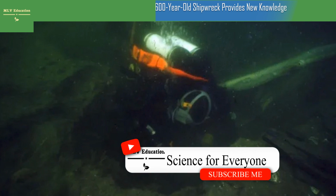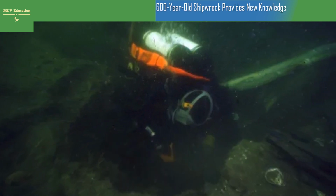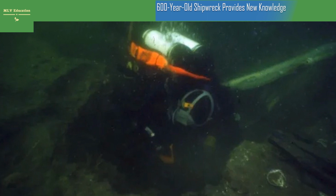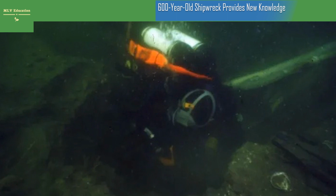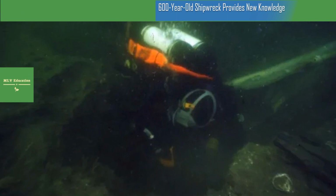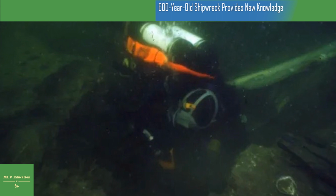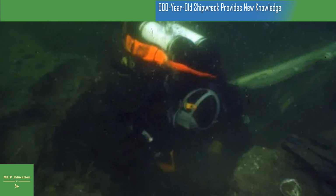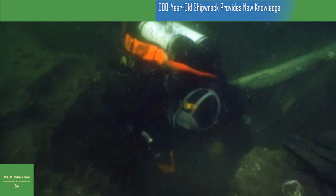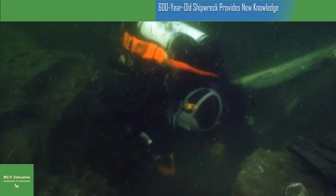Modern cargo analysis tools are now revealing completely new answers on how trade was handled throughout the Middle Ages. The analyses we have carried out give us a very detailed picture of the ship's last journey and also tell us about the geographical origins of its cargo. Much of this is completely new knowledge for us, says Staffan von Arbin, a maritime archaeologist. It was previously unknown, for example, that calcium oxide, often known as quicklime or burnt lime, was exported from Gotland